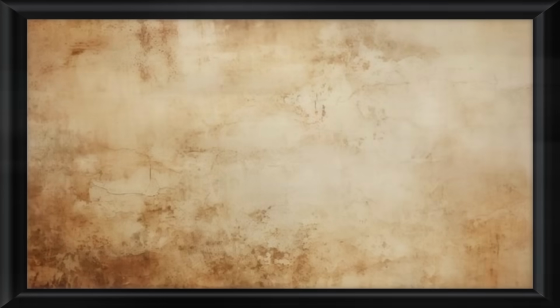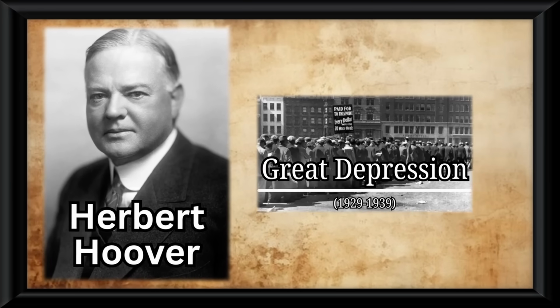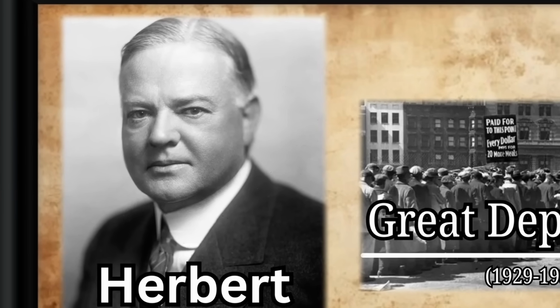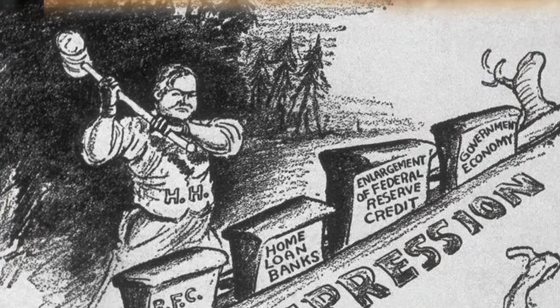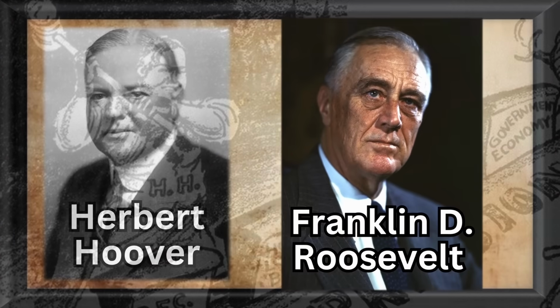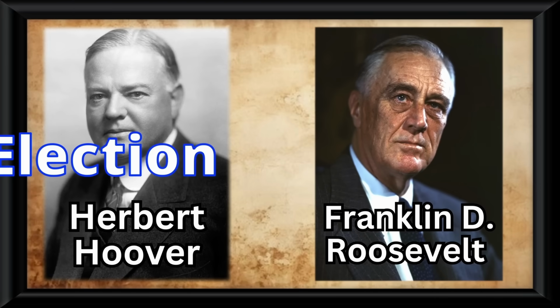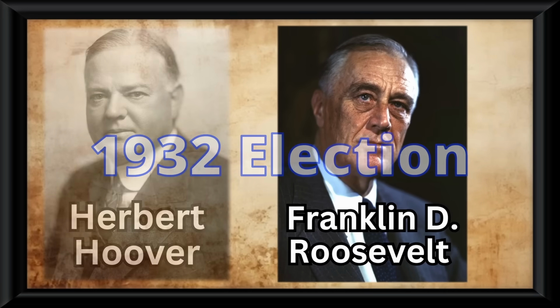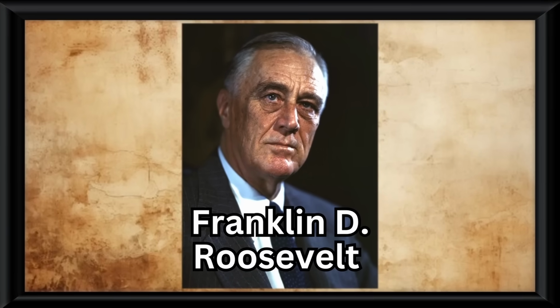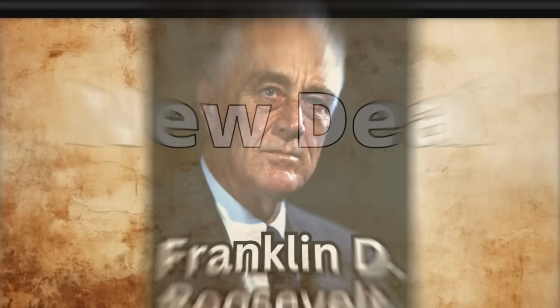So let's recap here. Herbert Hoover is president, the Depression starts, and poor old lad Hoover over here doesn't really know what to do and is criticized heavily for it. So when Franklin Delano Roosevelt, or FDR, came along as the Democratic nominee in the 1932 election, it's a pretty simple and easy victory for him. Fairly quickly, FDR will implement his New Deal plan.